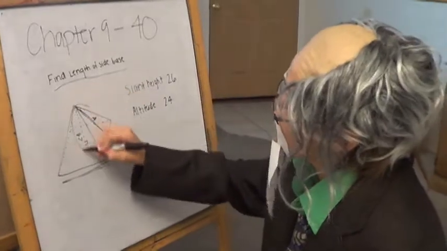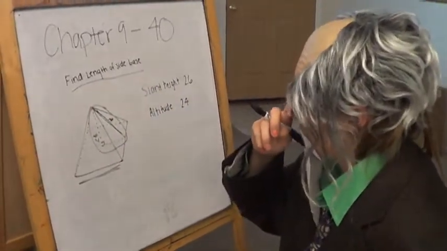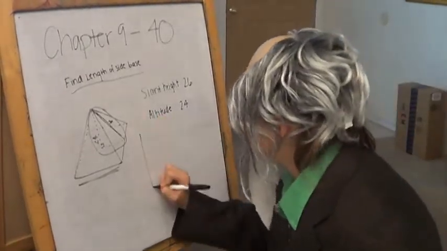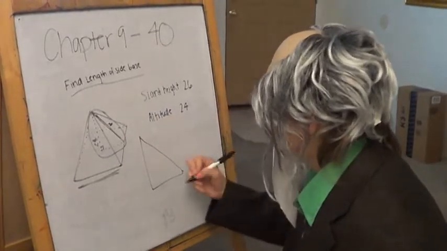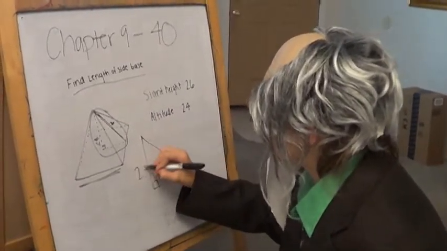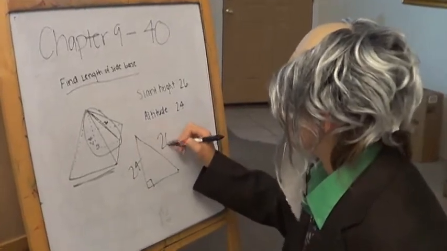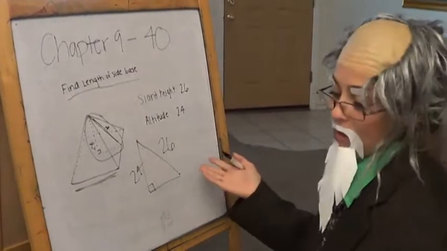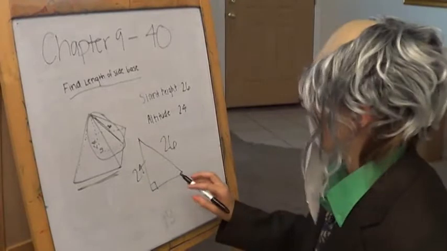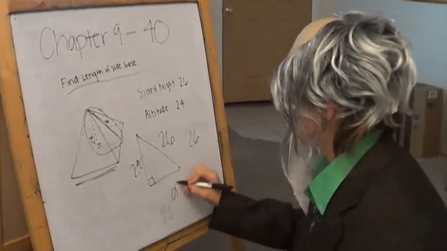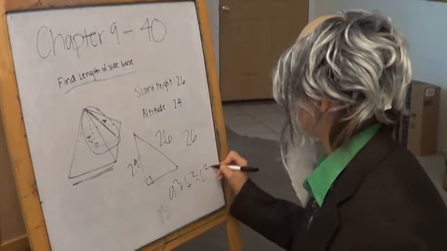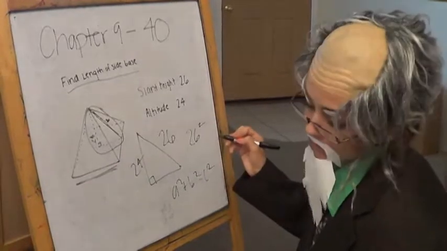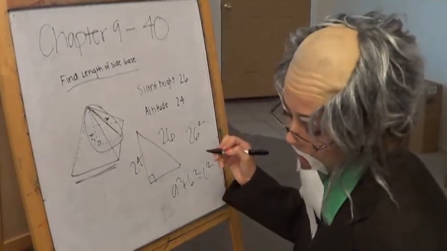So what we're going to do is take the triangle out of the square rectangular pyramid, and we have the line right here as 24 because that was the altitude, and 26, which is the slant height. And then what we can do is the right angle theorem, a squared plus b squared equals c squared, and the hypotenuse is 26, so 26 squared is equal to